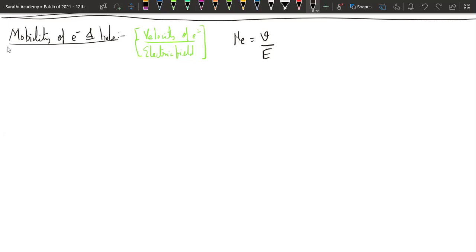Which velocity do we use? Yes, drift velocity. So this is the mobility of electron. Now it is a known fact that mobility of electron is greater than mobility of holes. That means electrons and holes are not identical. Electrons are a little better charge carriers than holes. Now, if you take any conductor,